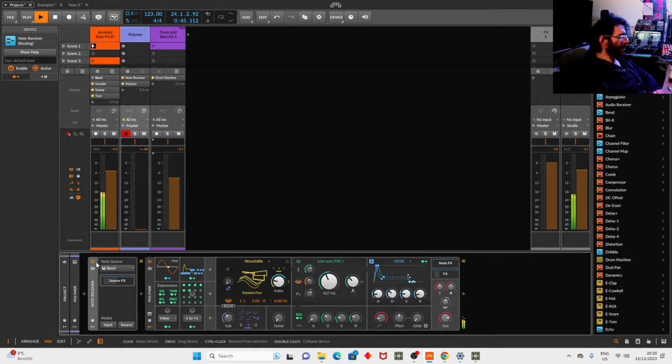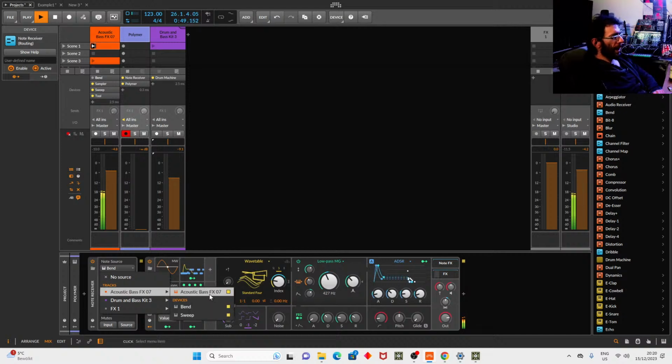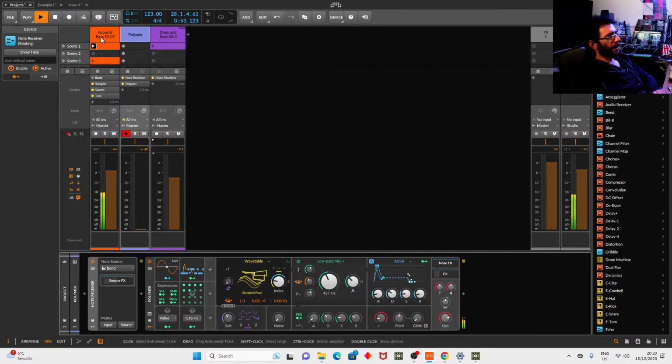Using the MIDI receiver, I can get the MIDI note at any stage. So now I'm receiving the output MIDI after this acoustic bass. Then I built in the voice stacking,